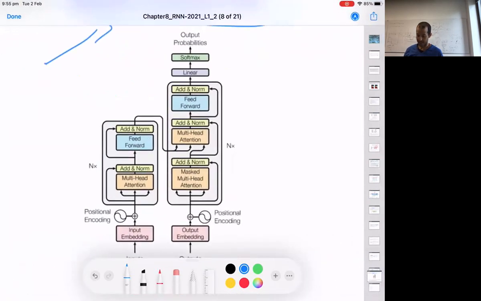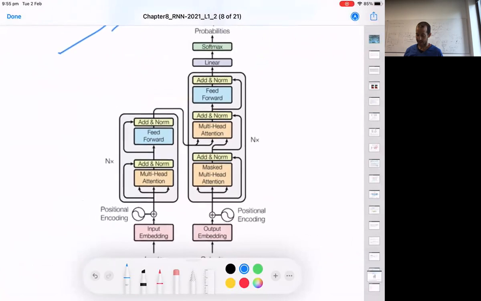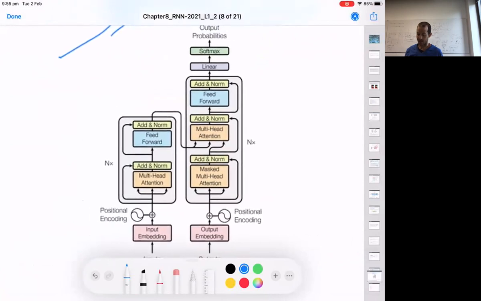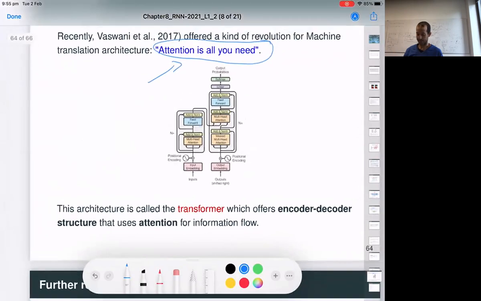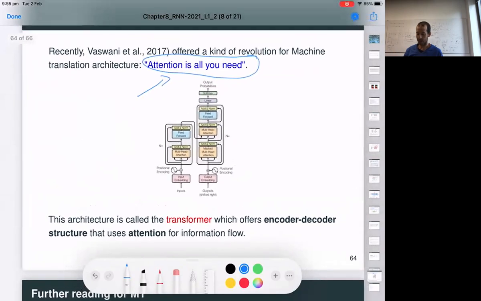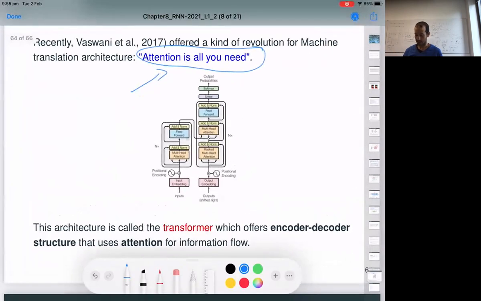It has some gates and different encoder-decoders, and you use the attention layer inside this specific encoder-decoder. And apparently it is amazing, and it's a revolution,